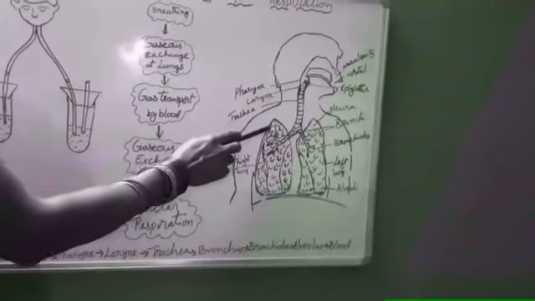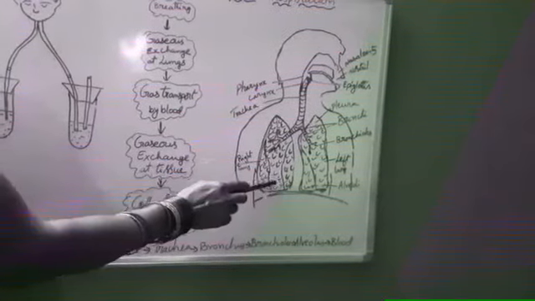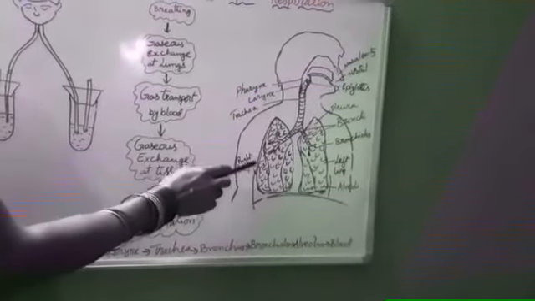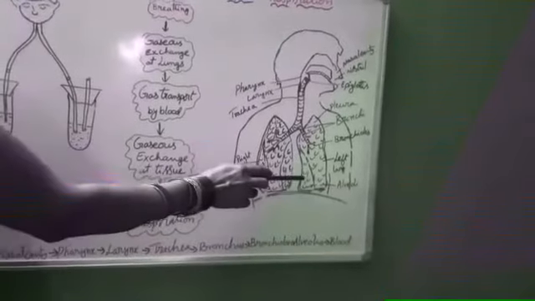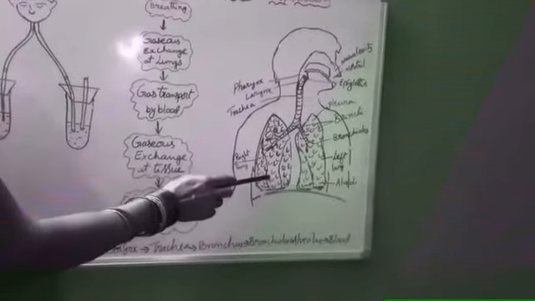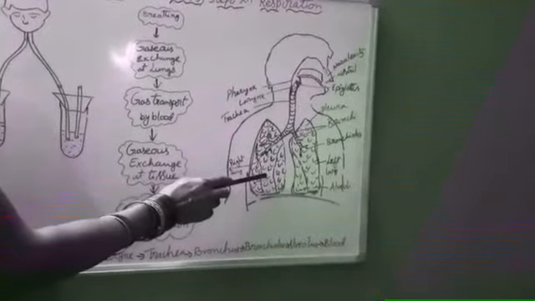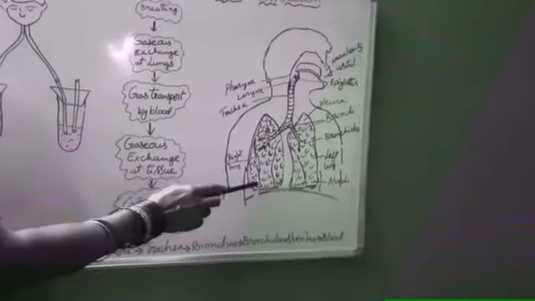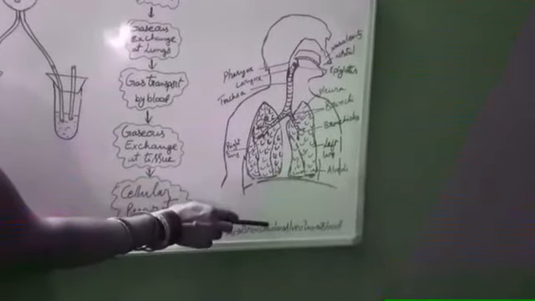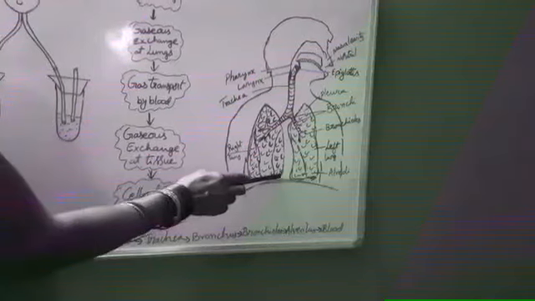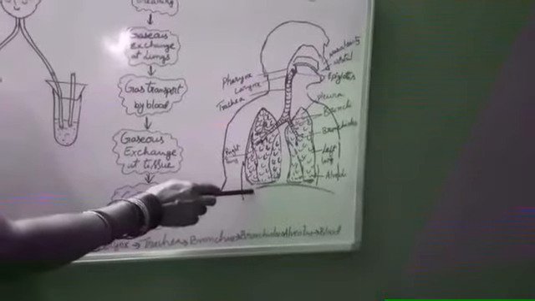These lungs are elastic sac-like structures which are grey in color and they are protected with two membranes called pleura. These lungs are made up of thousands of structural and functional units called alveoli. The thoracic cavity and the abdominal cavity are separated by a muscular layer called the diaphragm, which aids in respiration.